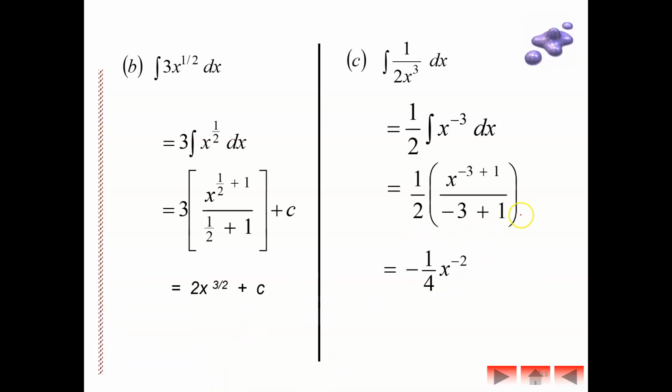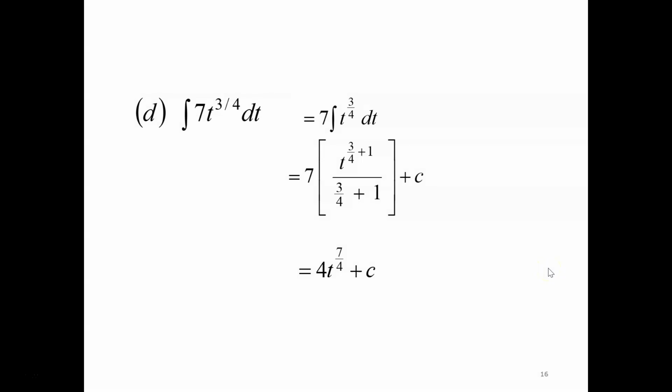Let me draw it for you. Plus c. And this one also plus c. And this is 1 over 2, so the remaining will be 1 over x cubed, right? Just now, 1 over x cubed is actually equal to x to the power of negative 3. That's why you get this part. Okay, this is from here. Because 1 over 2 you dah bawa keluar. Okay. So the last one,